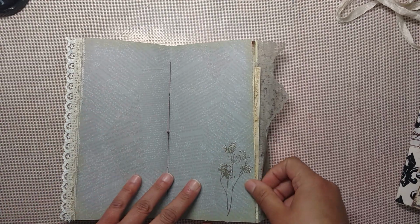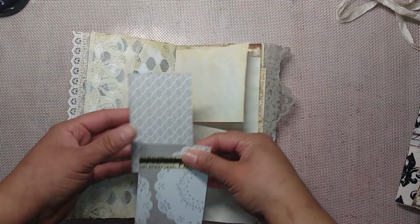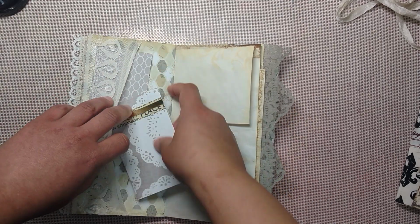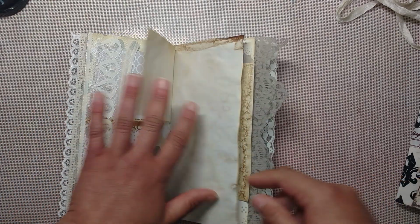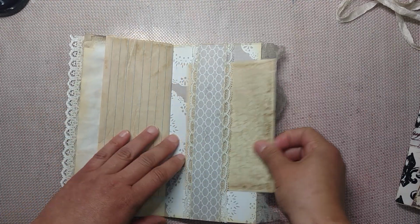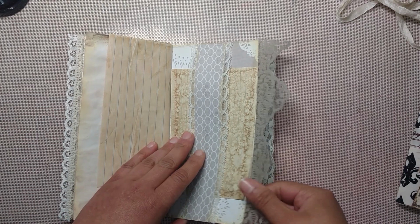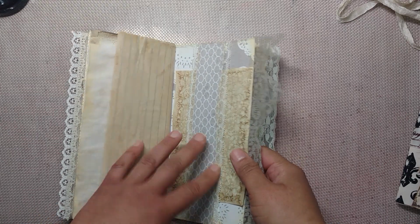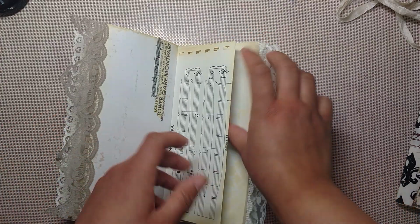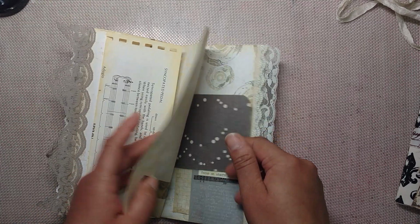And then here's the center with some more embossing. Another little lace pocket. I really love the color palette in this paper pack. Everything is just so soft and pretty. And then another coffee dyed index card. I added a little bit of lace to this belly band. Washi tape, another piece of music paper,